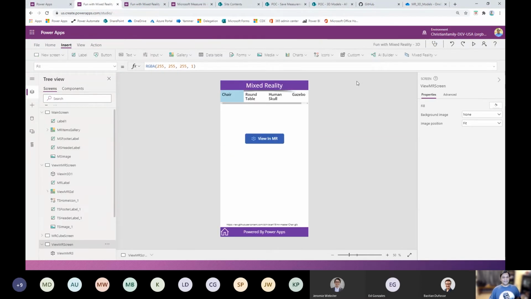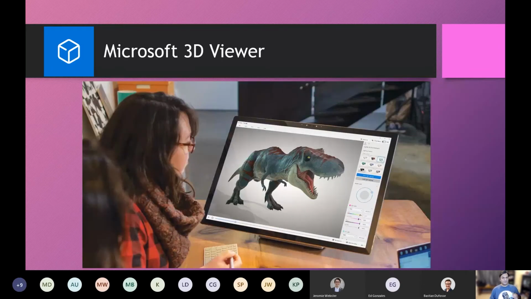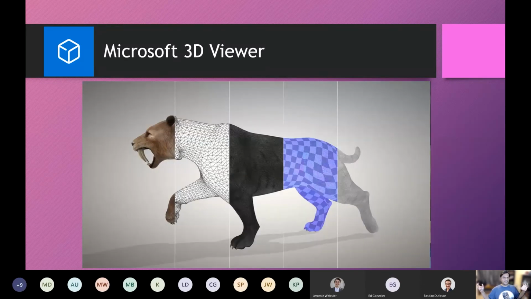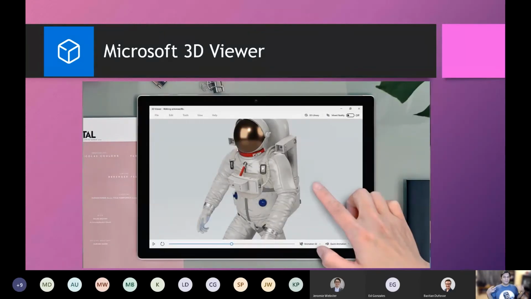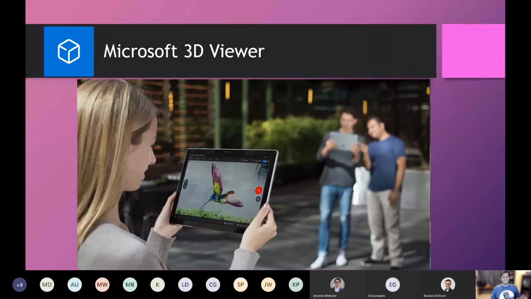Second thing is, where do I get these images? And the beauty of that is you already have it on your Windows 10, and that's called Microsoft 3D Viewer. So in your Microsoft 3D Viewer, it already comes with the functionality to build 3D models. But one of the things that I like is it already has 3D models in it. And the beauty is that right now, when it comes to playing with Power Apps and these 3D components, it is a little bit touchy as far as the file type that you use. There's an extension that it kind of prefers. And so 3D Viewer already gives you that extension. So I'm going to just pause over here and let's jump in straight into